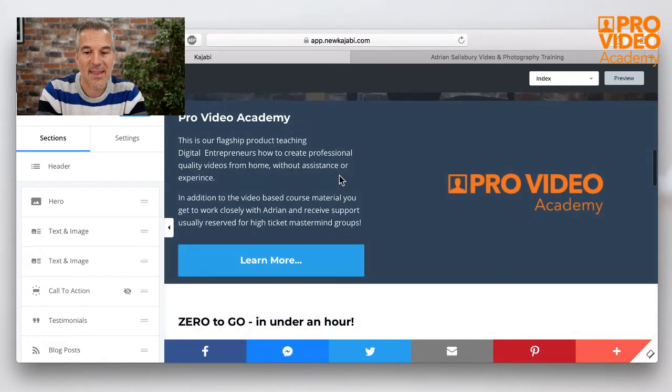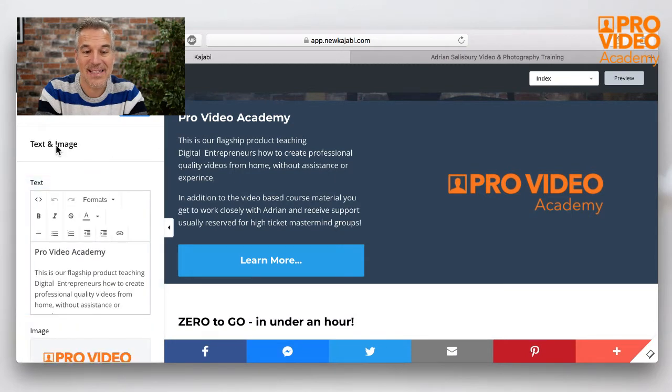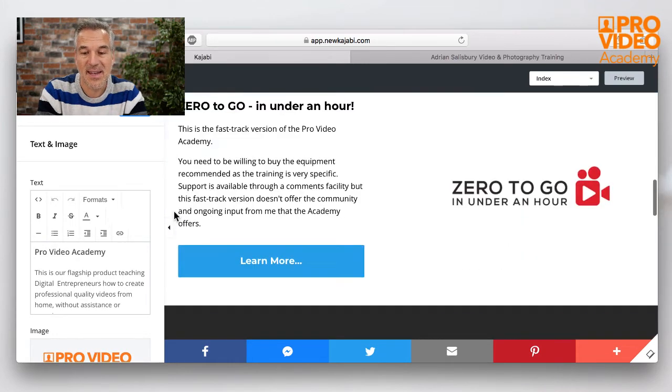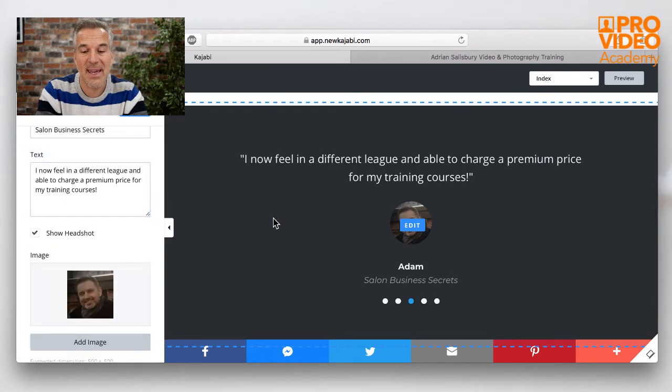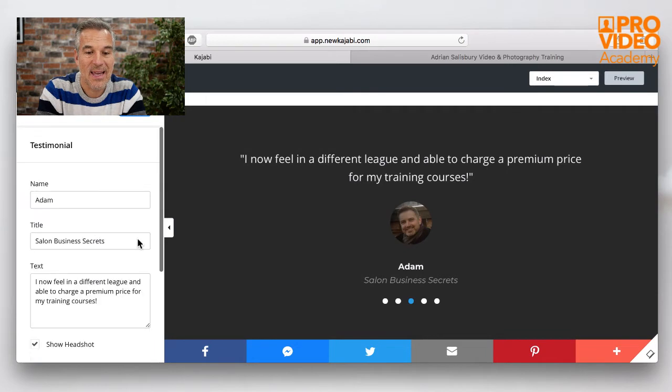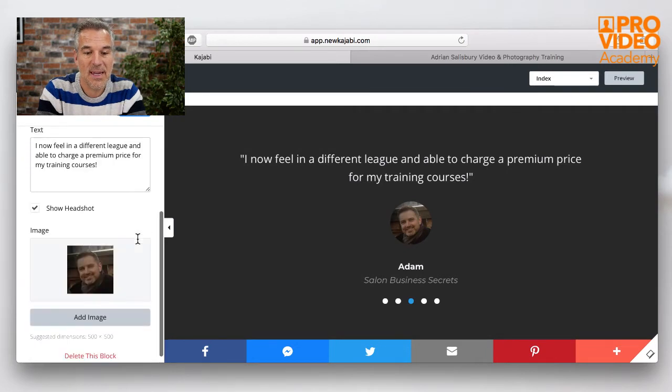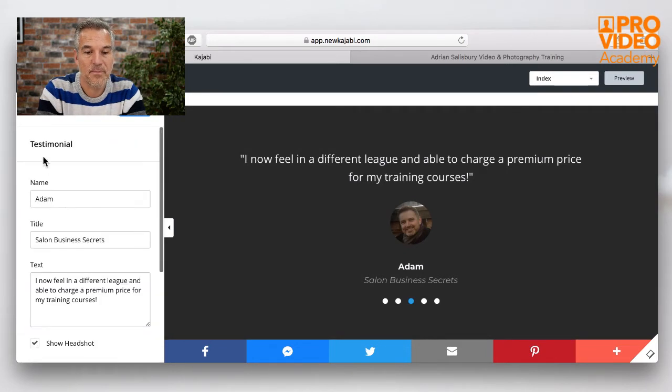This area here, when I jump across to that, is text and image. So there's my block of text, and there's my image on that side of the screen. The next section down is exactly the same. Then I've got a testimonial area, and again, when I click on the right, the column on the left changes automatically, and I can put my individual testimonials in here.